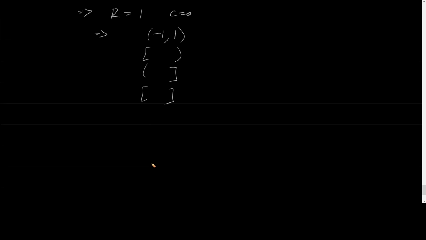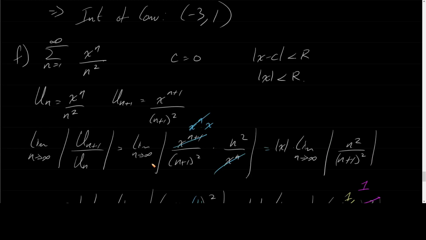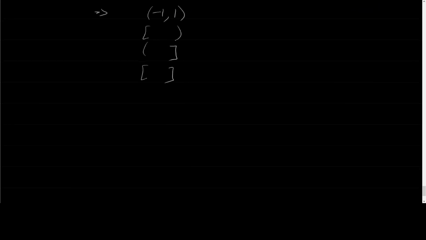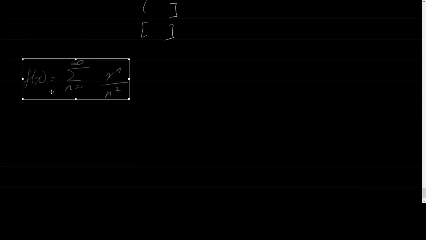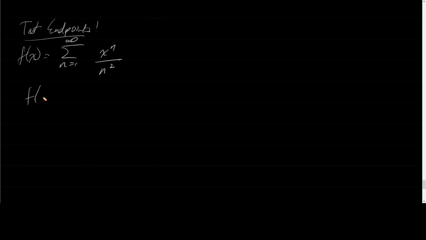So what are we going to do there? Well, check the endpoints. And to check the endpoints, let me first copy this piece over here. And I guess I should have said here, just like before, that f of x was that, because we were looking for the domain of that. All right, cool. So we're going to test the endpoints. And what were the endpoints? -1 and 1. So we're plugging in -1, which gives us the series from n equals 1 to infinity